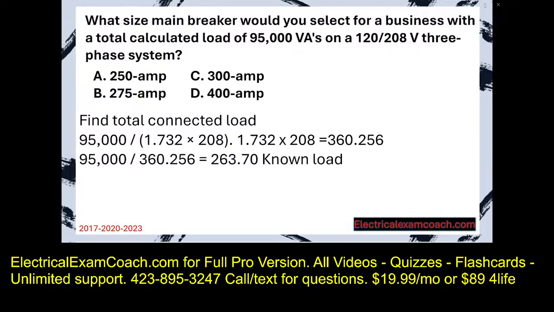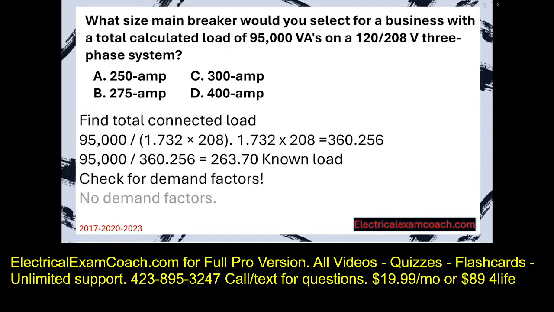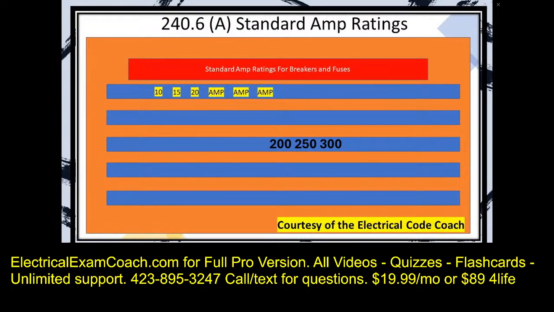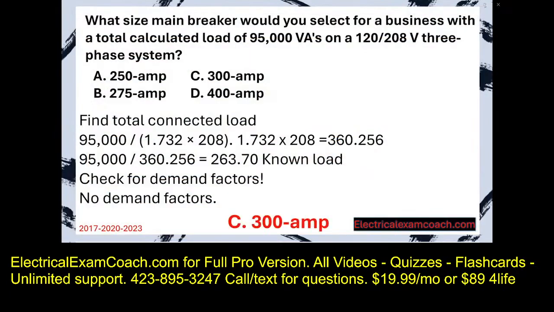Now we can do our math, and after we divide it out, we end up with 263, and of course we would round up in this case. There are no more demand factors, so we head to Table 240.6(A) and choose the next standard size. And this is where the beauty happens. We're going to now put this on a 300 amp breaker instead of, like in the previous question, a 400 amp,